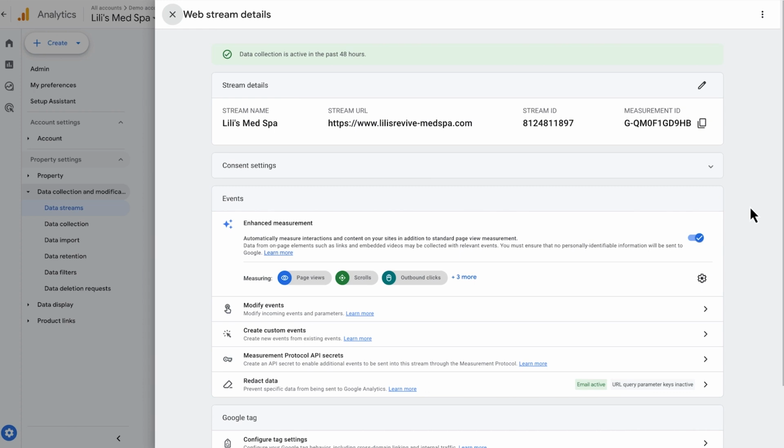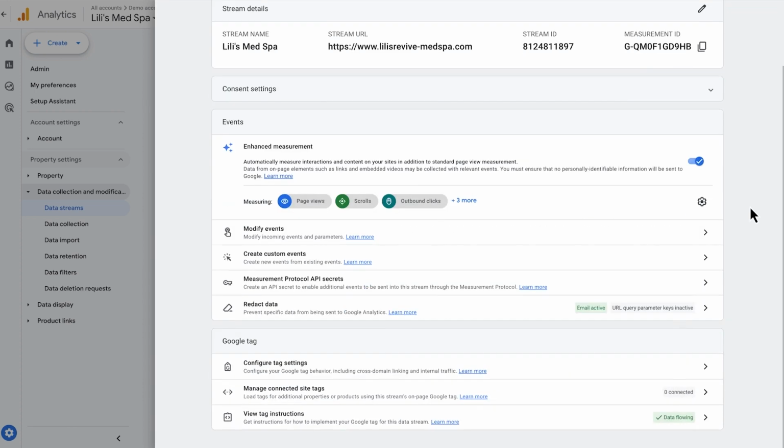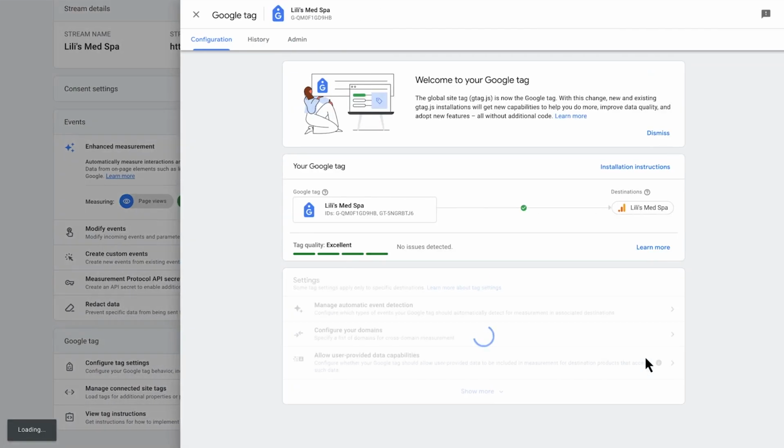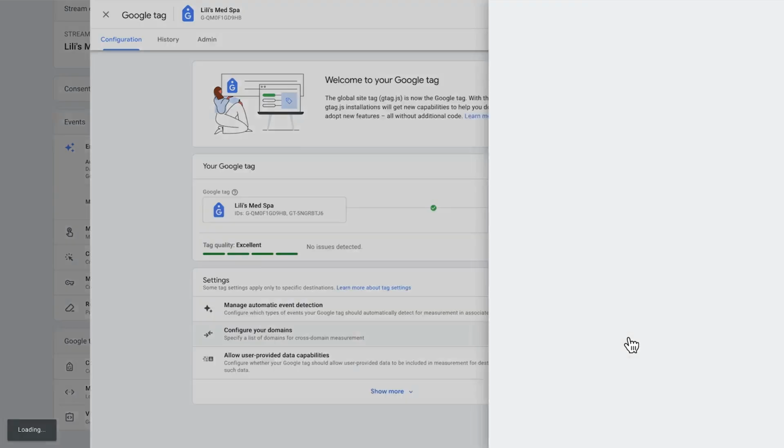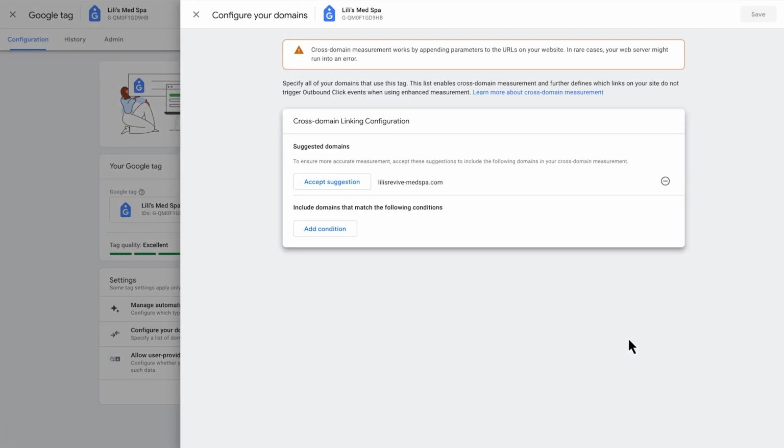Okay, now I want you to go back to the web stream details and select the Configure Tag Settings. Click on Configure Your Domains. If you do qualify for cross-domain tracking, where the same measurement ID has been added to your domain, then you need to do this task and add your domains in this setting. This list enables cross-domain measurement and further defines which links on a site do not trigger outbound click events when